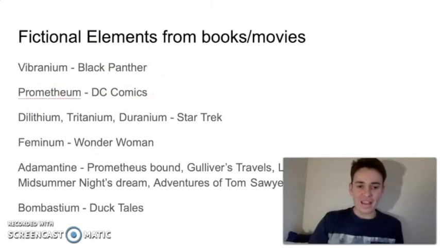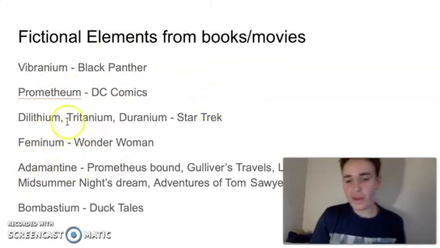And here's a bunch of fictional elements. We know vibranium from Black Panther, and there's actually a feminum in Wonder Woman. There's a whole Wikipedia page, which I thought was funny. And so just to wrap up this presentation,